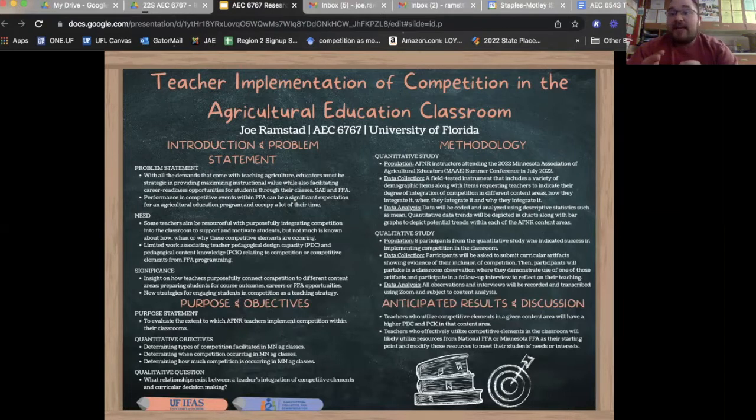There may be a significant expectation within different communities, depending on where the agricultural education program is located, for performance in career development events, leadership development events, proficiency awards, agri-science fair, the list goes on and on. There's lots of different expectations depending on where you are located and what your community traditions and history are.